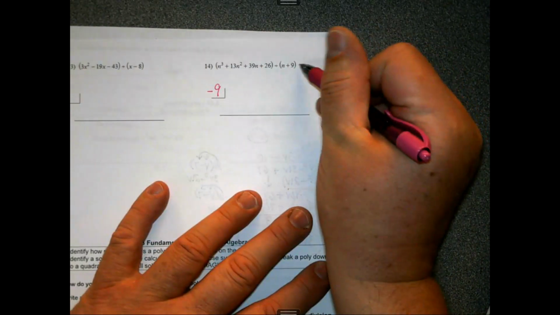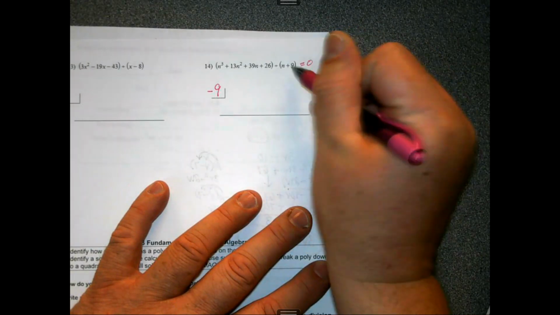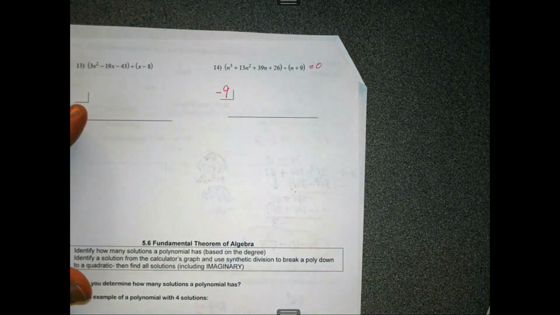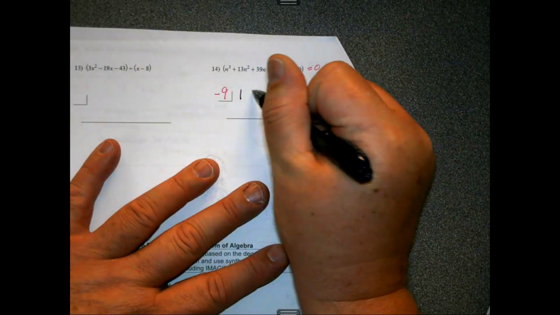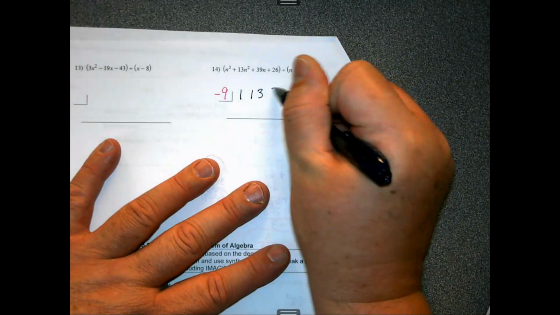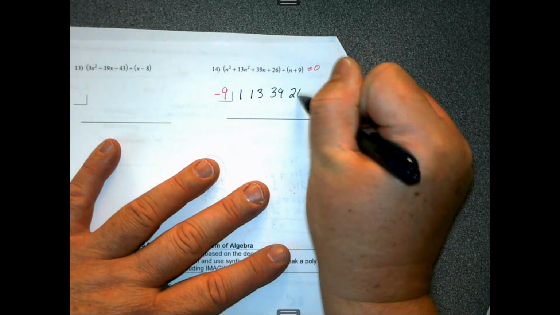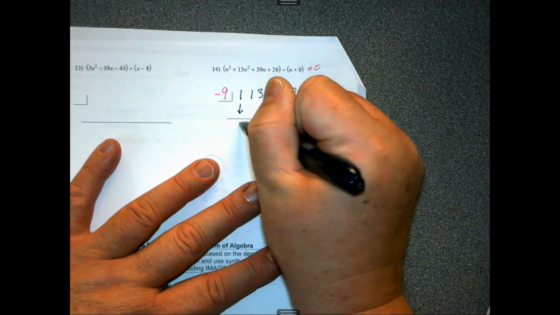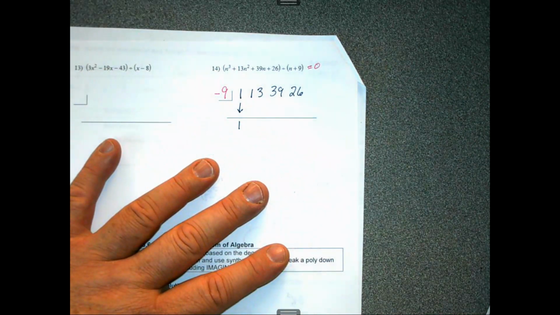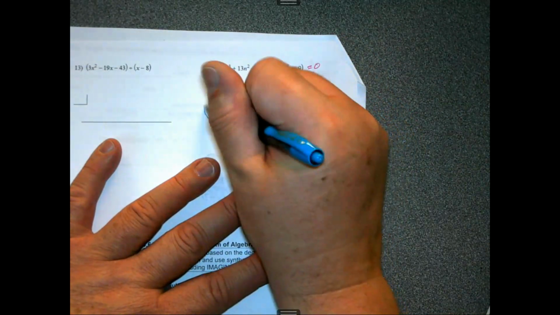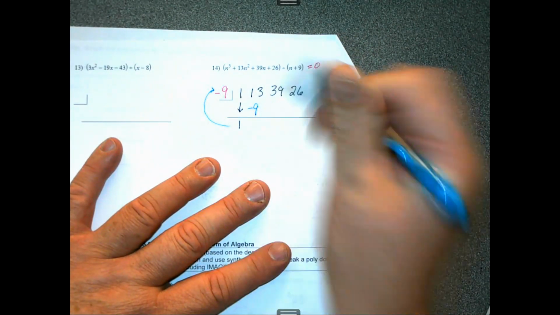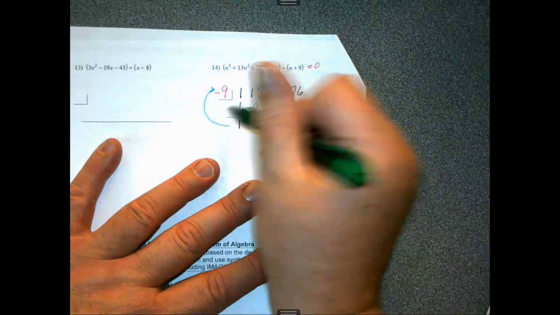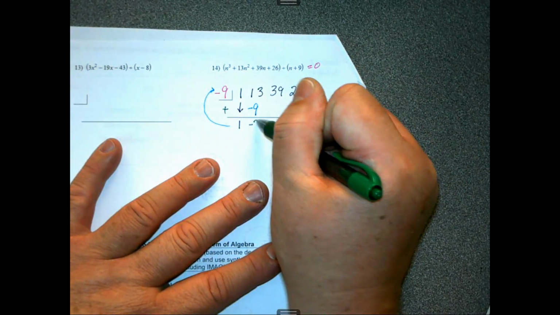Because you have to set that equal to 0 and then solve for n. Okay, my coefficients. They're good, good, good. Bring down the 1. Multiply it to negative 9. Negative 9 plus 1, negative 8